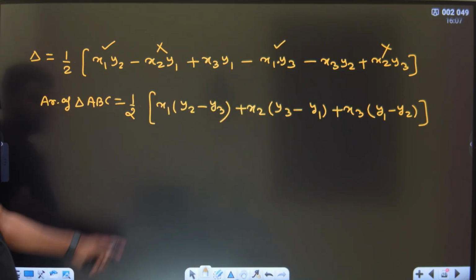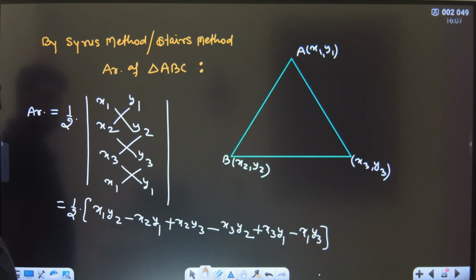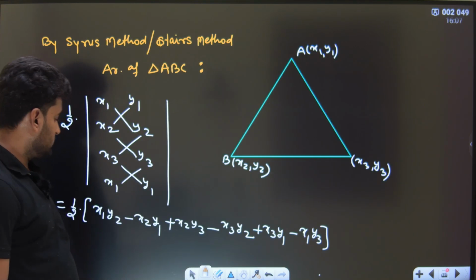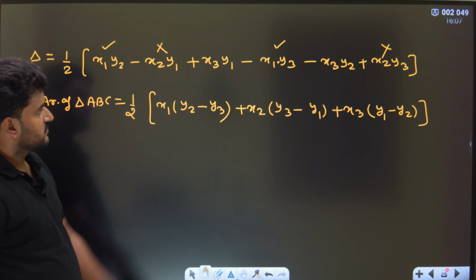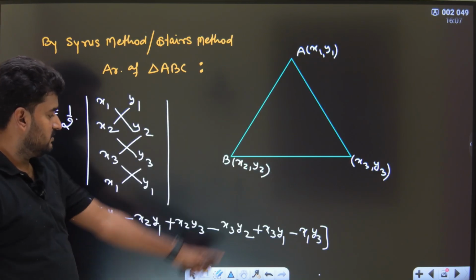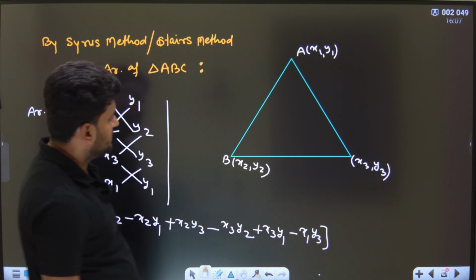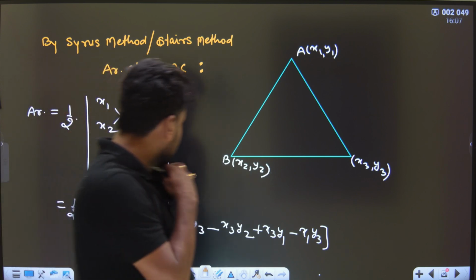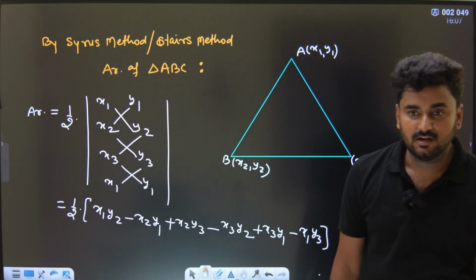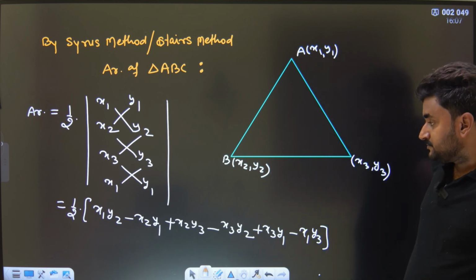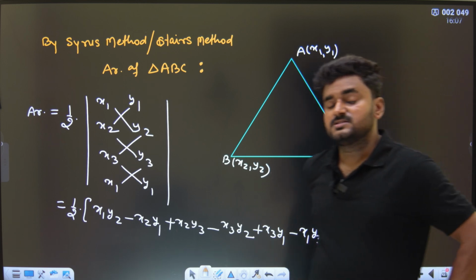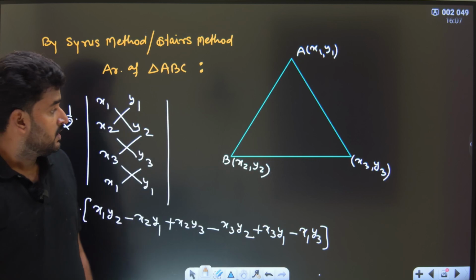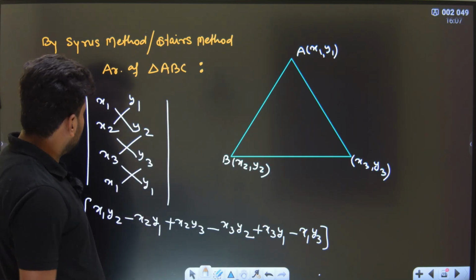You can see this is the same formula, x1 y2 minus x2 y1 plus x2 y3 minus x3 y2 and then x3 y1 minus x1 y3 is coming. Understand? So now finally I got the area of triangle by using the Stairs method or Sarrus method. Fine. So now we can also write this method